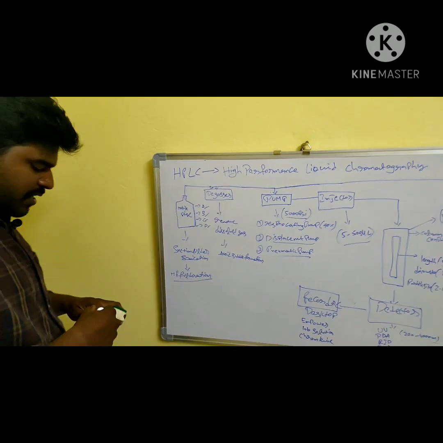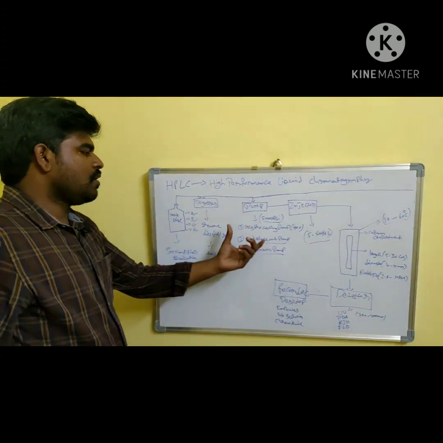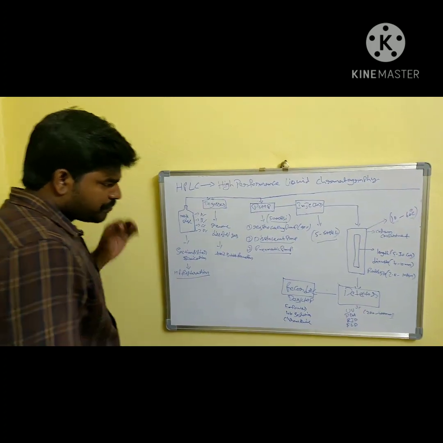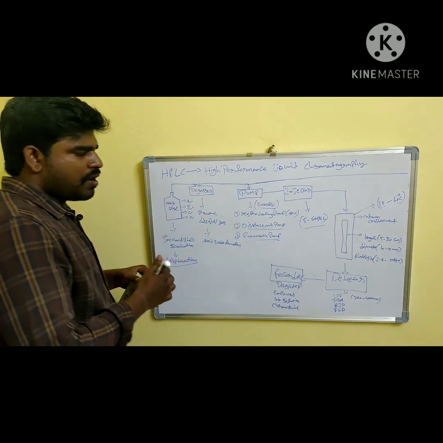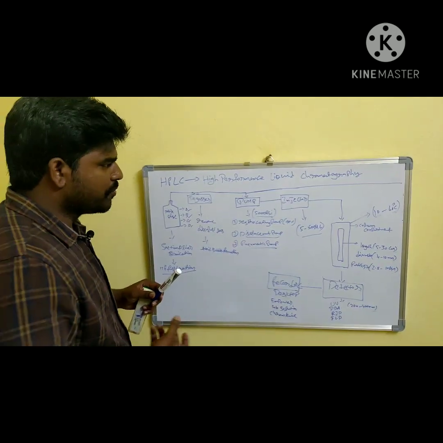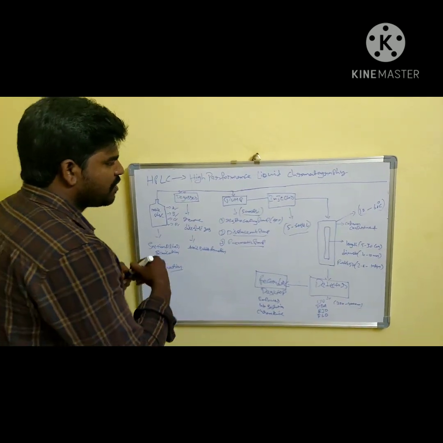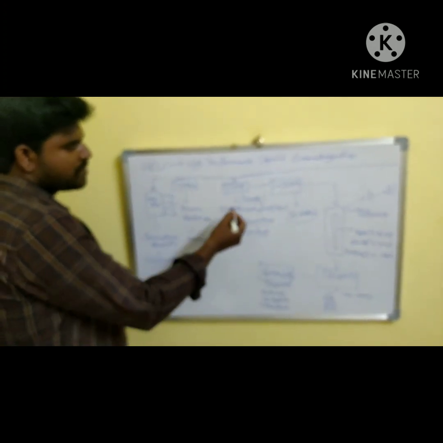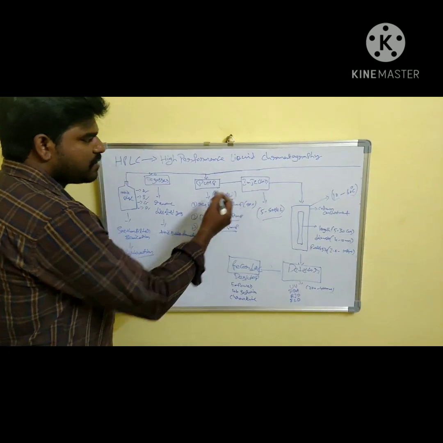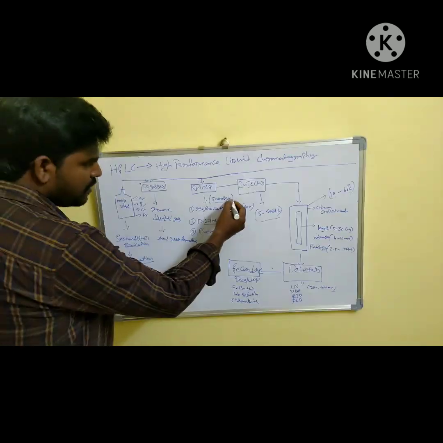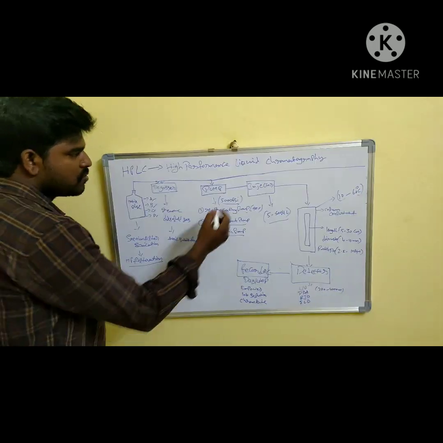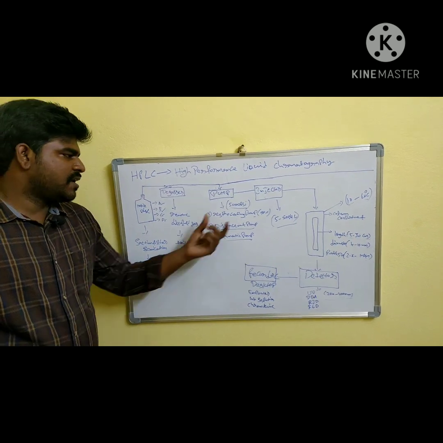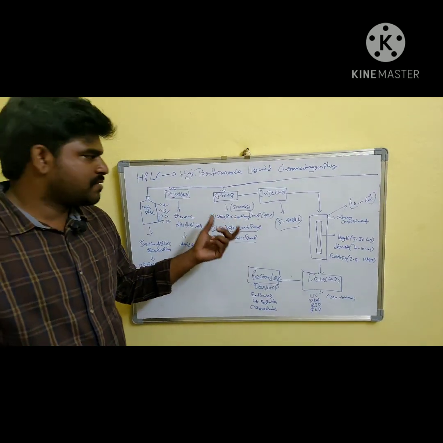Why? Because the reciprocating pump can build high pressure. Whenever we want to move the solutes, we require high pressure. That's why we use the reciprocating pump. The maximum operating capacity of these reciprocating pumps is 5000 psi, as recommended by the particular manufacturer. Mostly it is around 6000 also, but in a QC laboratory it is around 5000 psi only. Psi means pounds per square inch.